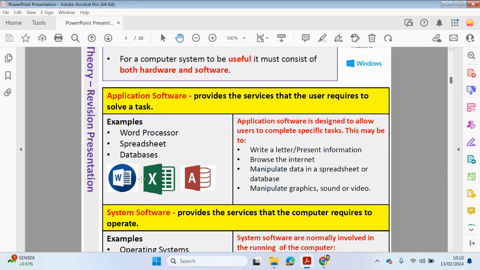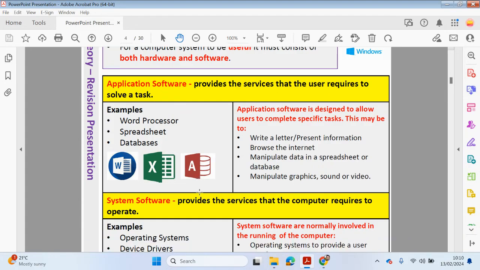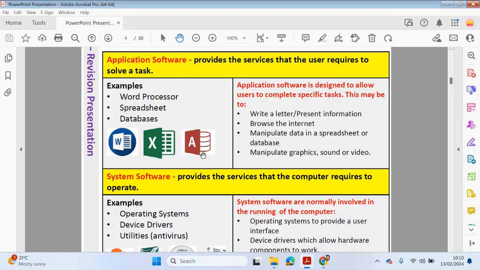If you want to write a letter, you'd use a word processing application, and an example would be Microsoft Word. If you wanted to browse the internet, you use a browser. An example would be Chrome. If you wanted to manipulate data in a spreadsheet or database, you use spreadsheet or database software, and then you can give examples if you like. So you can have lots of different types of application software,